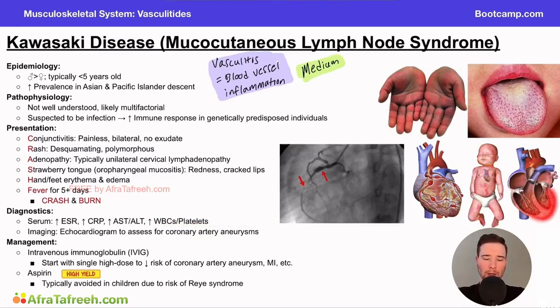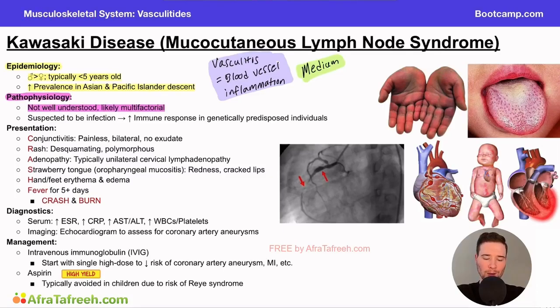So if we start with the epidemiology here, this is slightly more common in males compared to females, and is typically going to affect a younger child, often less than 5. There's an increased prevalence in Asian and Pacific Islander descent, and this is often given to us as a clue in board-style question stems. When we think about the pathophysiology here, unlike with some of our other vasculitis conditions, overall,